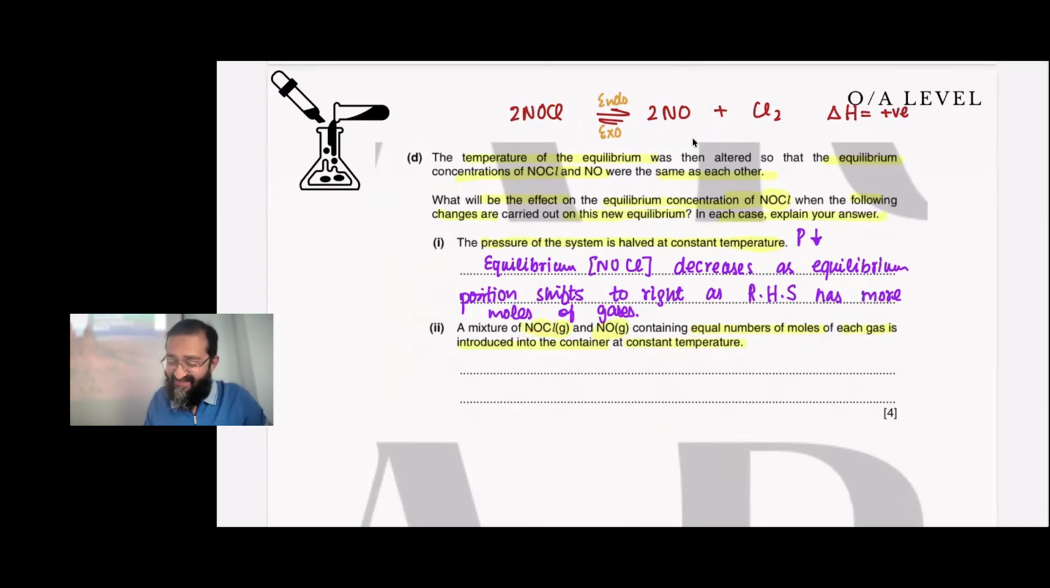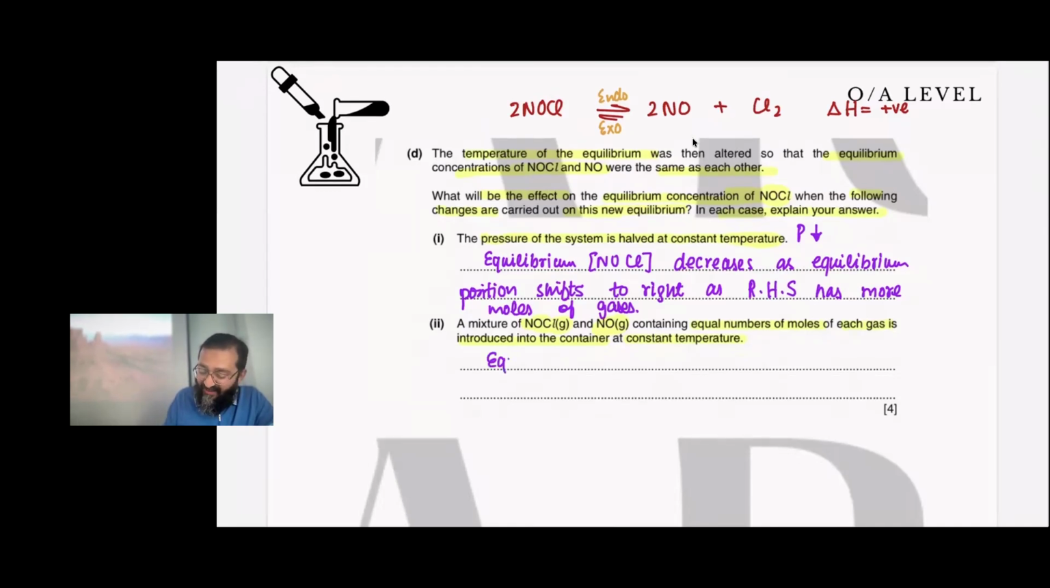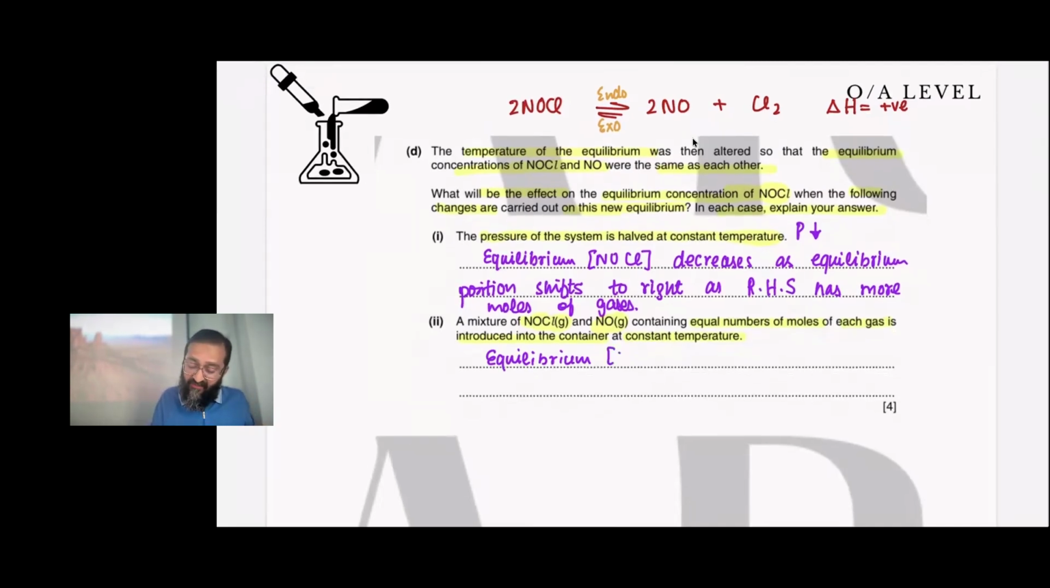But you are not sure. मैंने कहा था नो इफेक्ट, सेम नंबर ऑफ मोल्स है, वो कैसे इफेक्ट करेगी? So because both sides already has the same number of moles and you are introducing the same number of moles of both the things again, it will not affect the equilibrium position and the equilibrium concentration. So the equilibrium concentration of NOCl and position of equilibrium